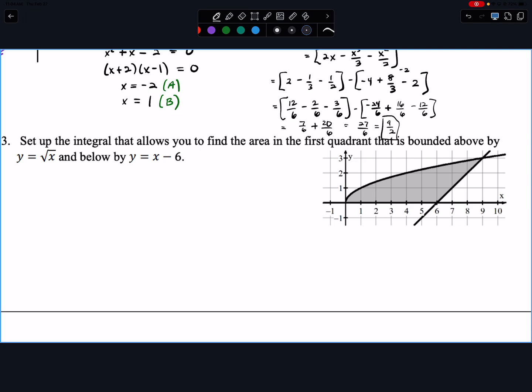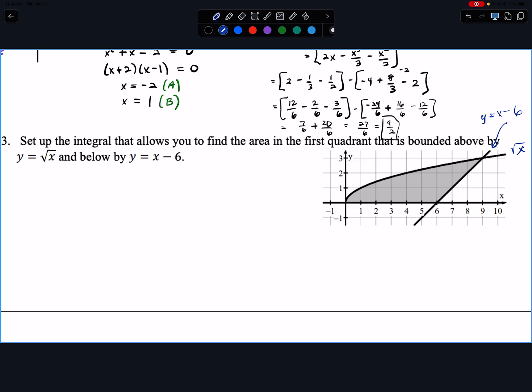So which one is the square root graph? Is this a square root graph? No, it's the one that curves, right? So this is going to be your square root of x. And this is going to be your x minus 6. Okay. So this is a tricky one because